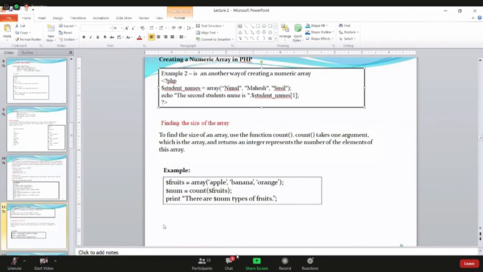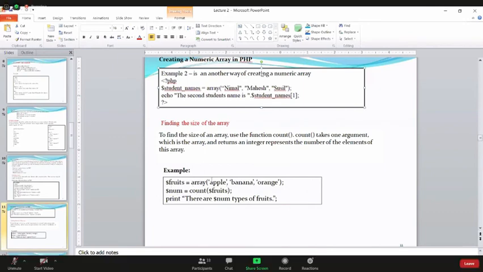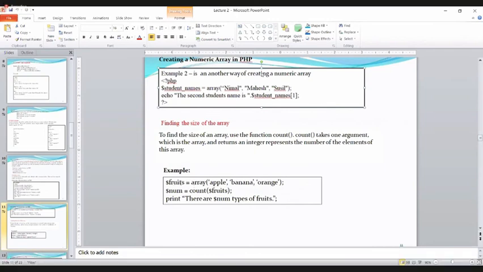example, I think for today's session, uses the numerical array to find the size of the array. You normally write the count function, right, to find the size of the array. First you declare the numerical array, right? If you say fruits, then array, how many fruits do you have to display here? 1, 2, 3.